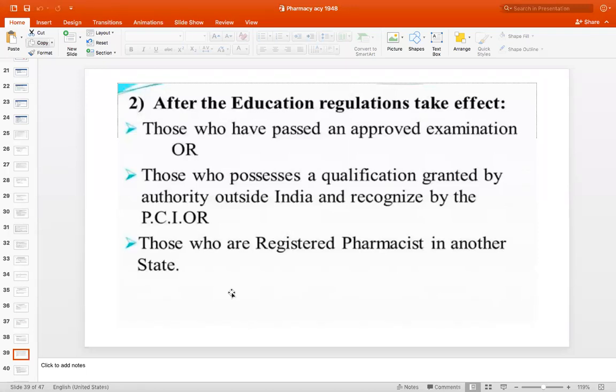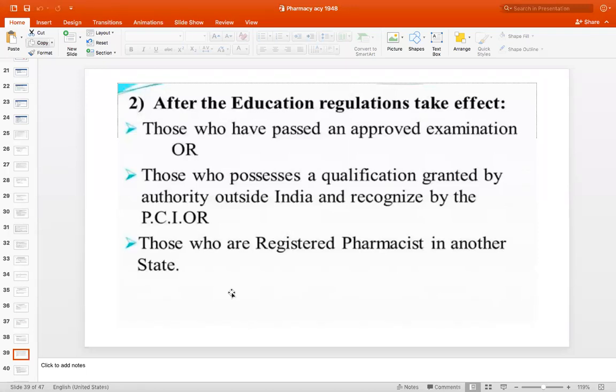Or I was in Karnataka when I wanted to do my admission. Then the education regulations were not fully formed. I felt it is not okay to complete my education in India. Then I went outside India and got my certificates. I came back to Karnataka for registration by the time education regulation was fully formed. But the condition here is outside India, from where I got my degrees, it should be recognized by PCI.